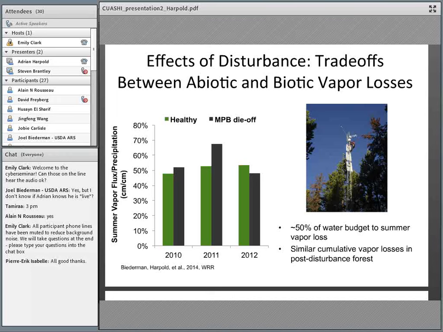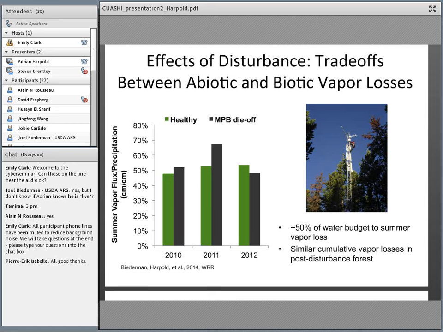So I'm showing here again a similar figure, eddy covariance measured vapor fluxes, but now during the summer as a fraction of the total annual precipitation. And what we're seeing, again, is that the bars look pretty similar to each other. So the healthy and the pine beetle affected forests across 3 years have similar vapor losses above canopy. And so we don't really see that effect that we hypothesized, driving down transpiration,